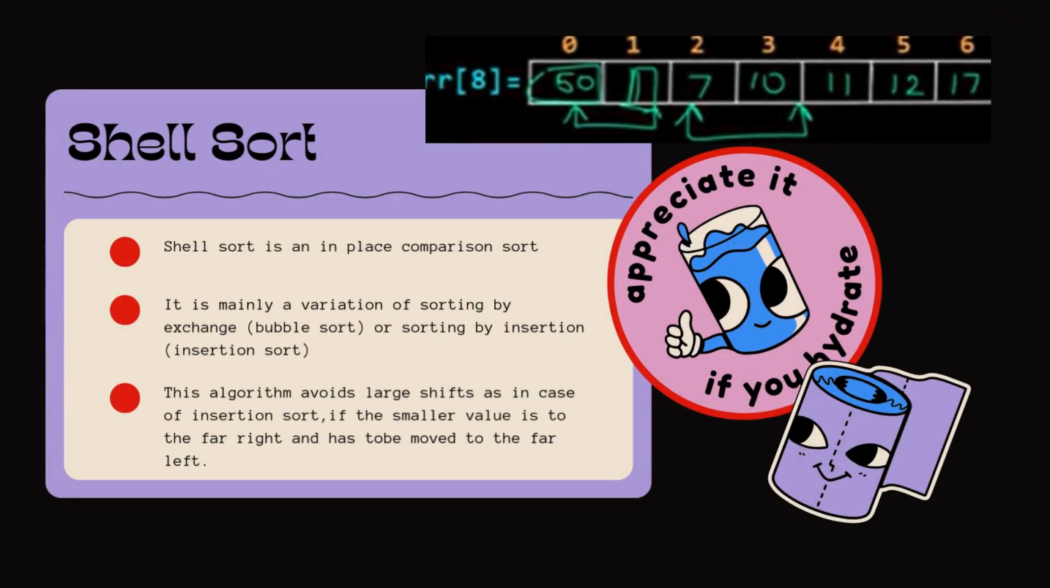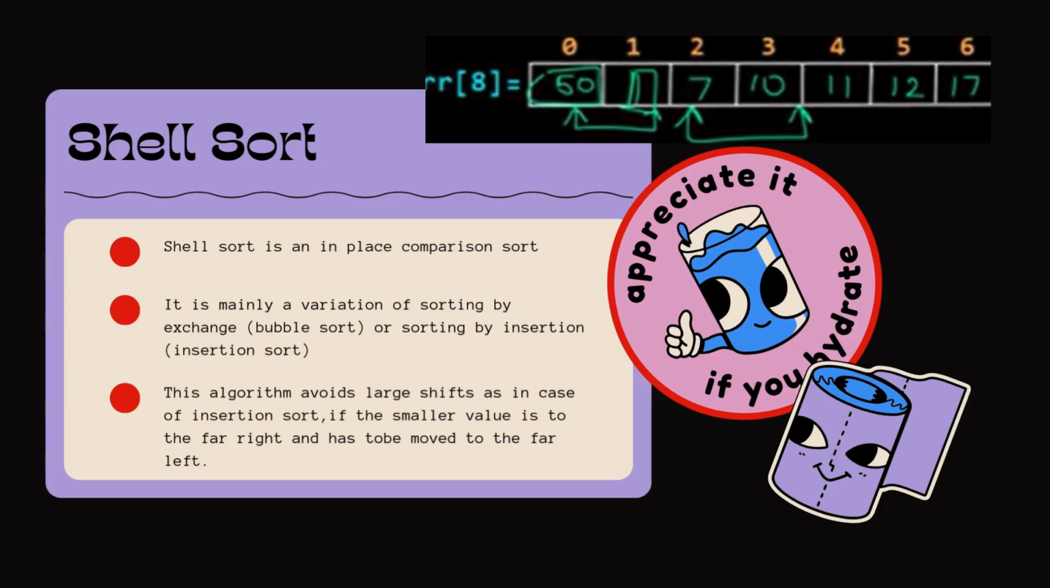What is shell sort? Shell sort is an optimized version of insertion sort that works by sorting elements that are far apart first, then progressively reducing the gap between elements being compared. It's also known as diminishing increment sort. First, shell sort is an in-place comparison sorting algorithm, which means it sorts the elements within the same